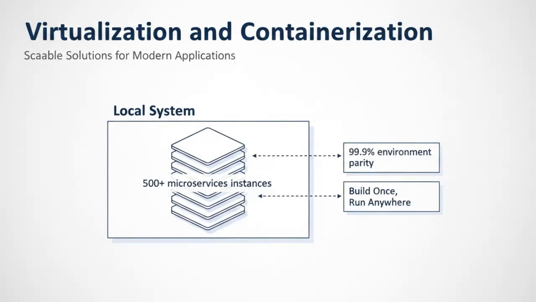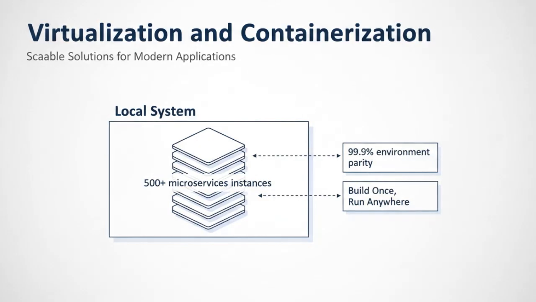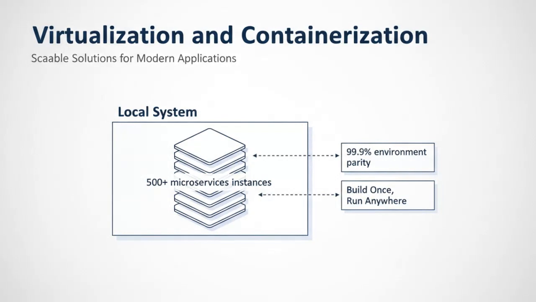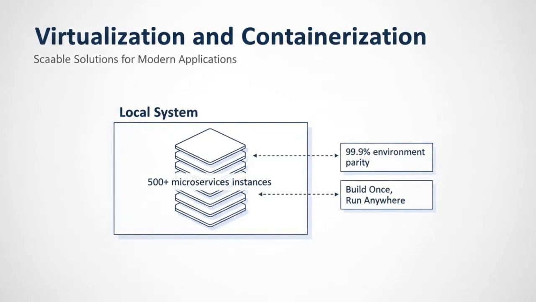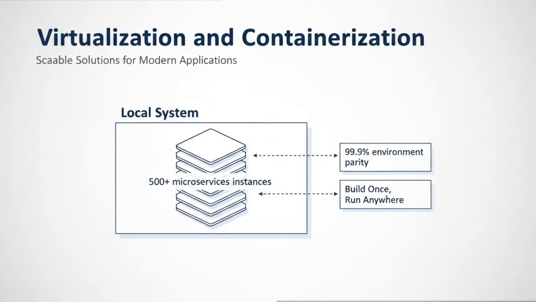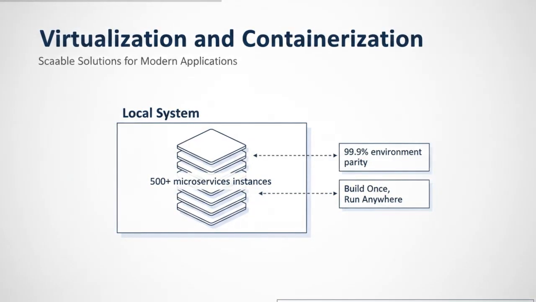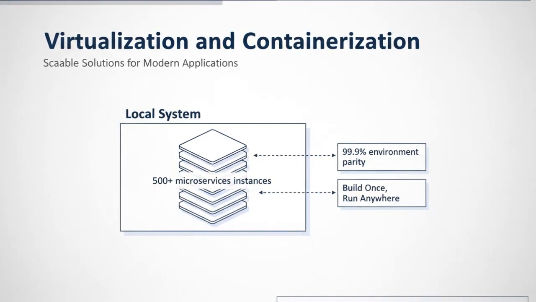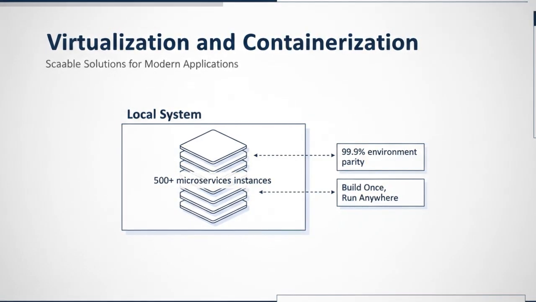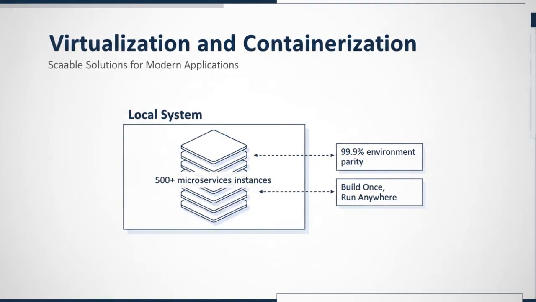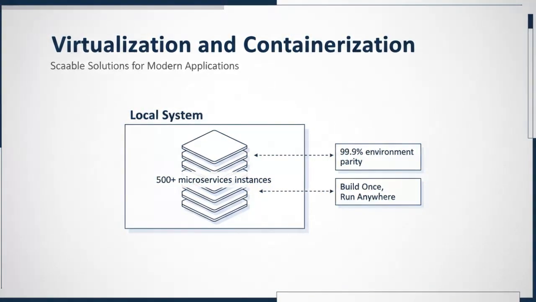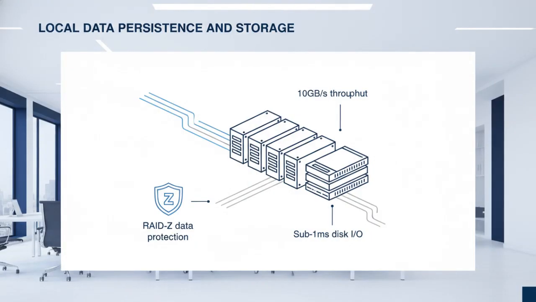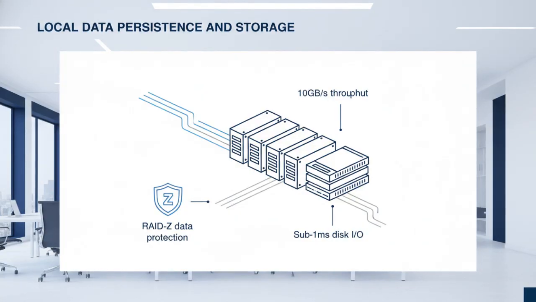The heart of local enterprise platforms is the ability to compartmentalize services. We leverage technologies like K8s or lightweight Docker environments to mimic cloud environments perfectly. By utilizing a build once, run anywhere philosophy, we ensure that the local system behavior is identical to the production cloud. This involves managing over 500 plus microservices instances locally through efficient orchestration. We focus on lightweight runtimes that reduce overhead, ensuring that 99.9%